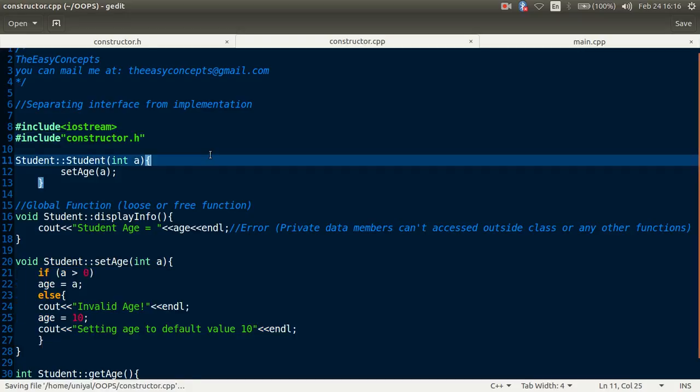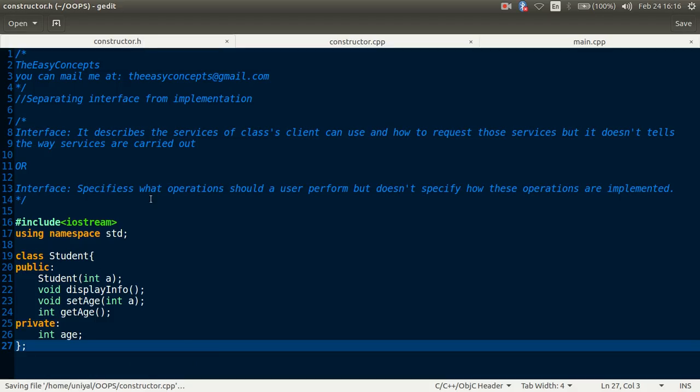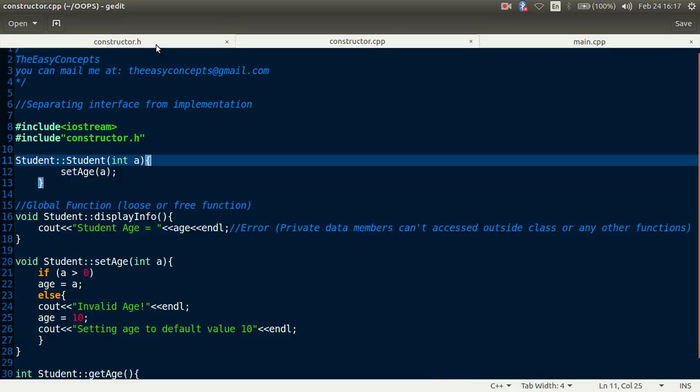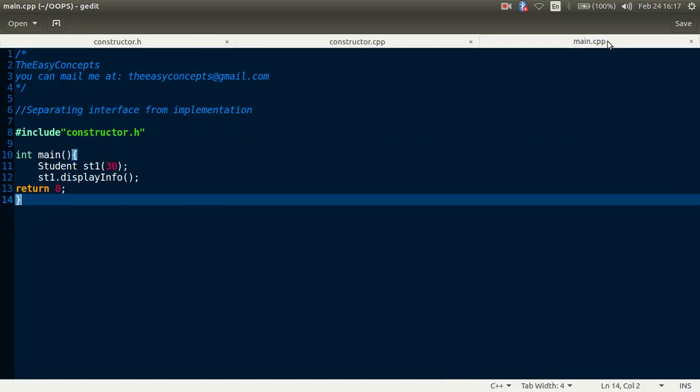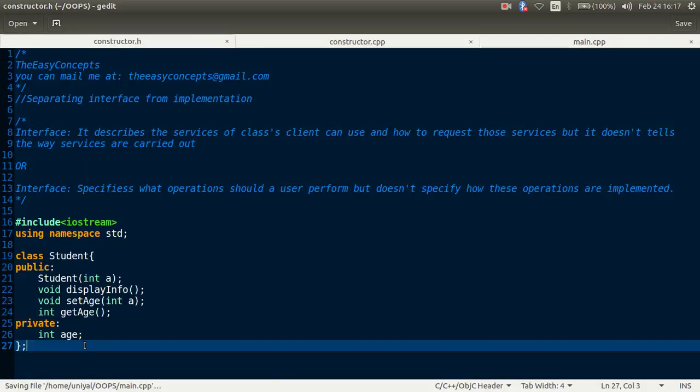In this way I am able to separate our implementation from the interface. And then there is a third file, which is main.cpp. Now the point is how I can compile these files and combine these three files together to make one executable file. That we will discuss in the next lecture.